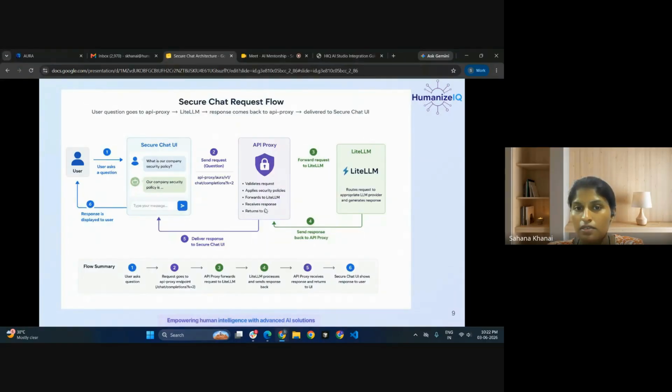In the API proxy, again we calculate the cost based on token usage, and that billing record is inserted into the user management billing table. The response is given back to Secure Chat, and render confirmation is again given back to the API proxy to insert the record in the user management billing table. Understood?